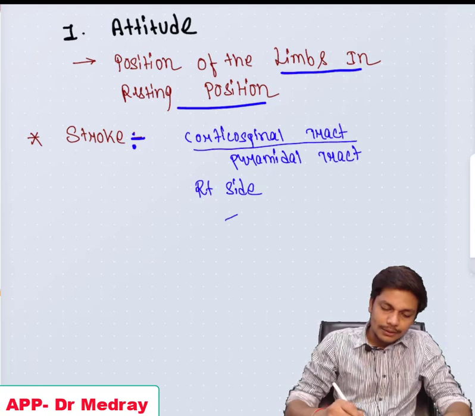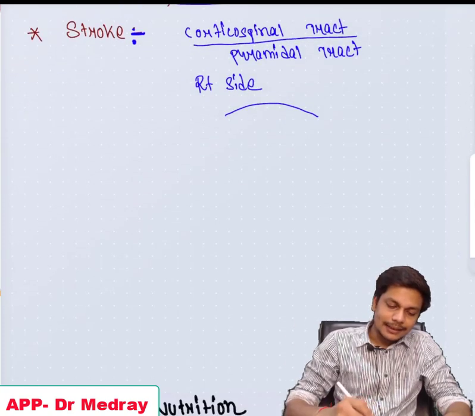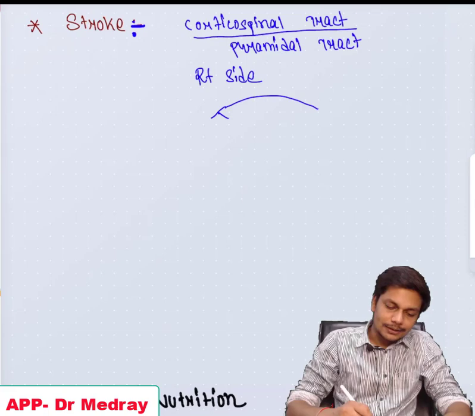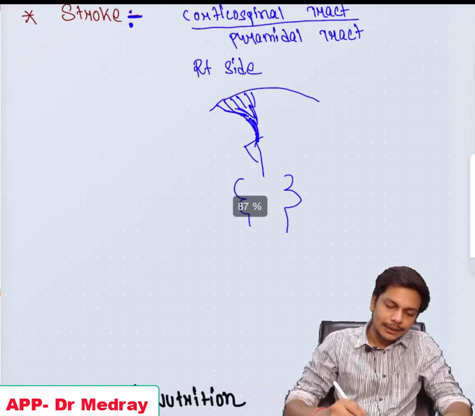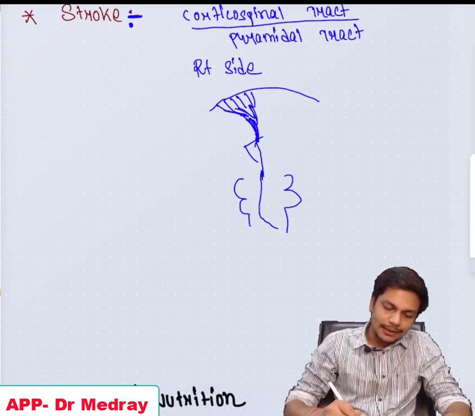So if I draw a cortex here, you can see that the right side cortex, the corticospinal tract originating from the right side, descends and crosses through the posterior limb of the internal capsule, and in the lower part of the medulla, this corticospinal fiber will cross. Almost 90% of the fibers will cross